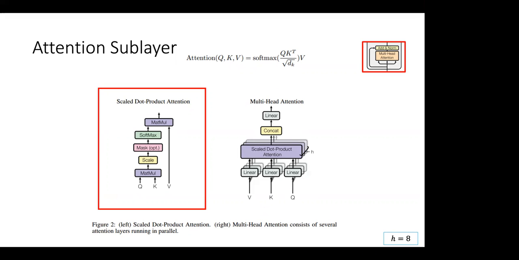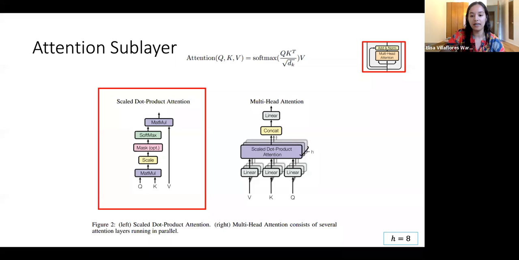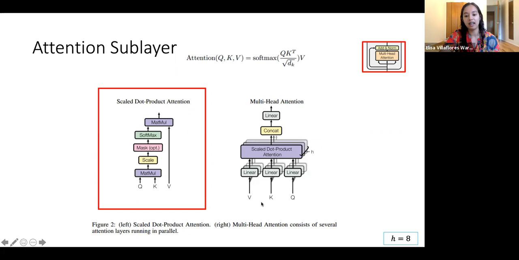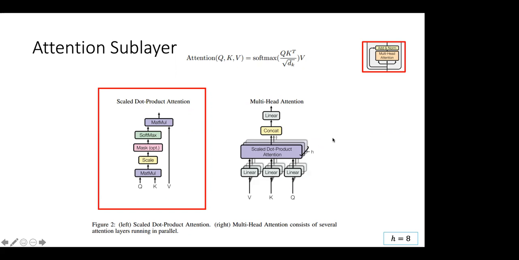Or something else is going on? So this scaled dot product attention is happening 8 times, but this projection matrix is different for each head. So you're going to have different calculations occurring in each head. Okay, go to the next one.